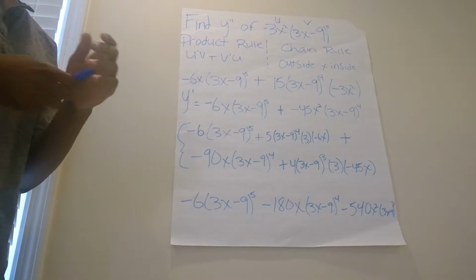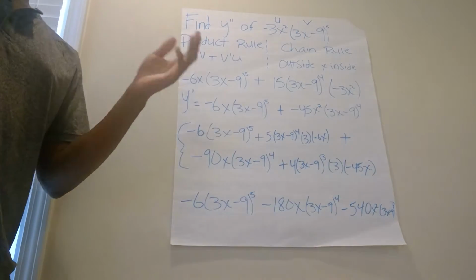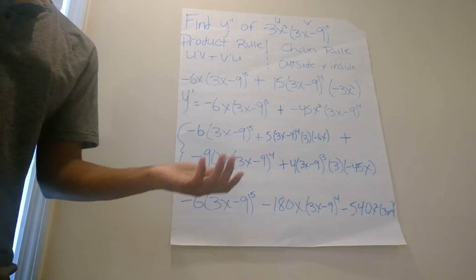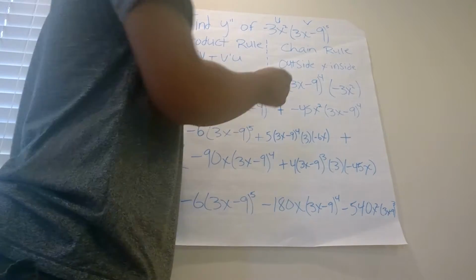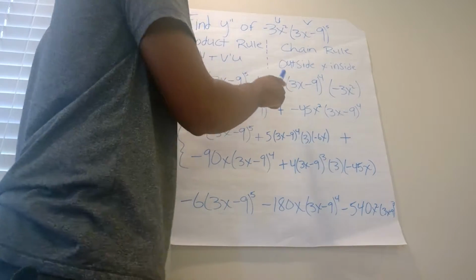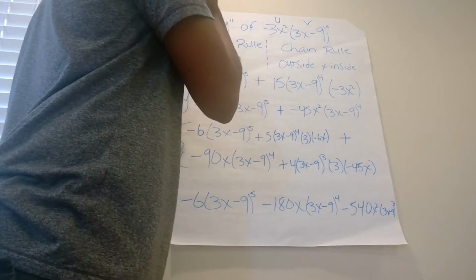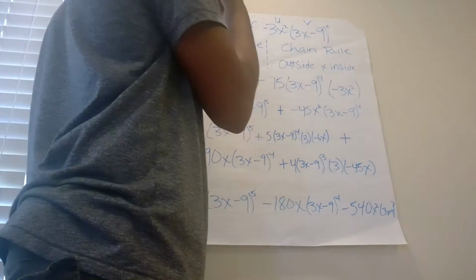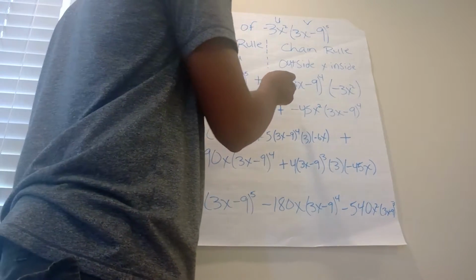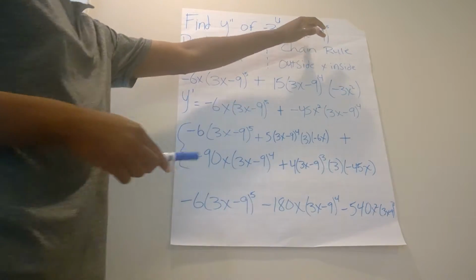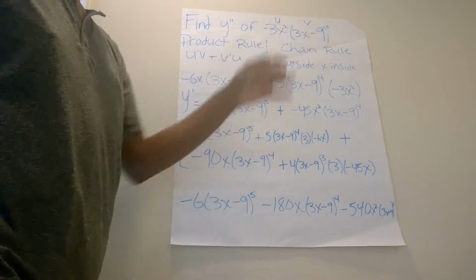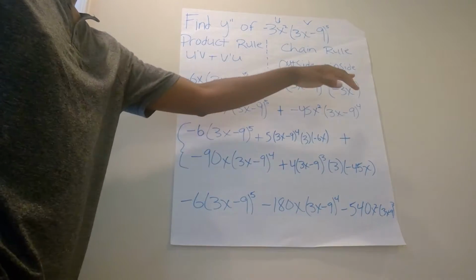So let's just say that 3x minus 9 is u. Alright, that's a bad example, but v. So you have 5, so (3x minus 9) to the fourth, and you have to multiply that by the inside, which is just simply 3,